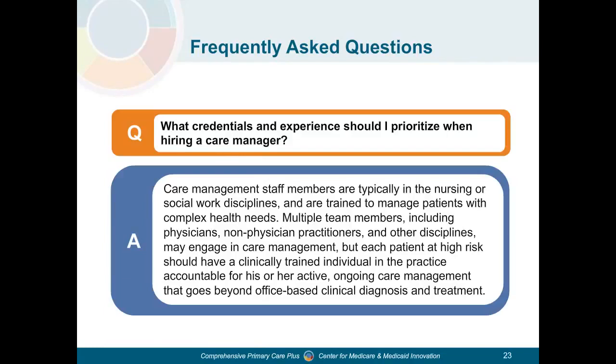And there is a download available that both Brittany and Melissa have shared graciously with all of you. It is their practice's care management policy, and at the end, it shares some of the training skills that they require for their care managers, in addition to processes around their care management activities in their practice. So I encourage you to take a look at that, and thank you, Brittany and Melissa, for sharing that